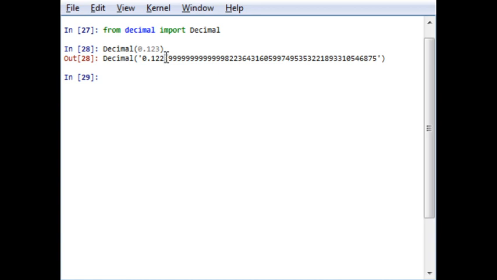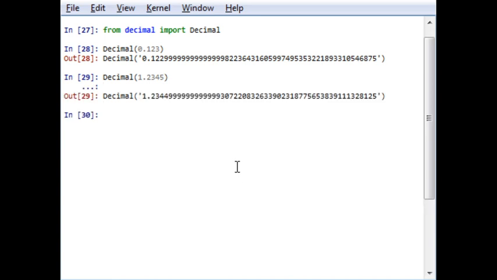That is what I want to explain: it gives an approximate output. The same case applies if you go for 1.2345. It will give me an approximate answer up to some number of digits.